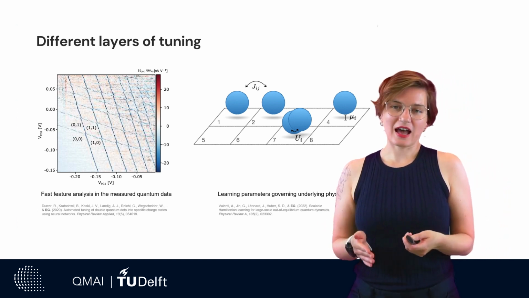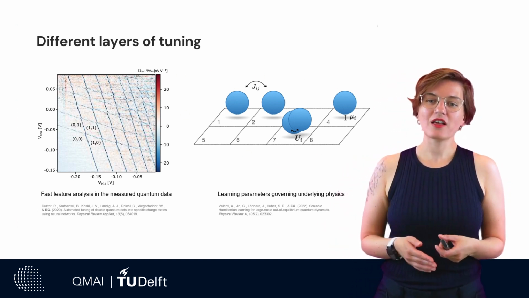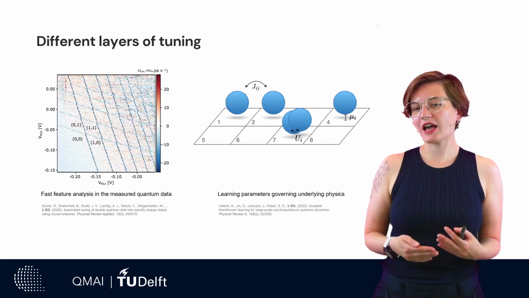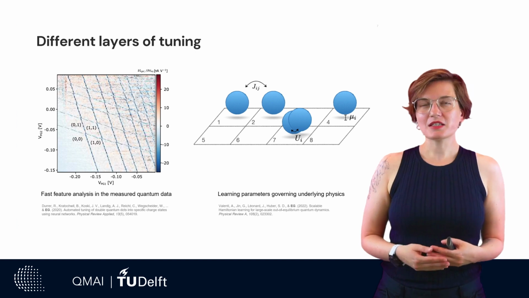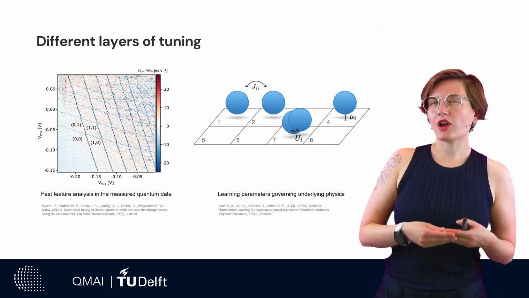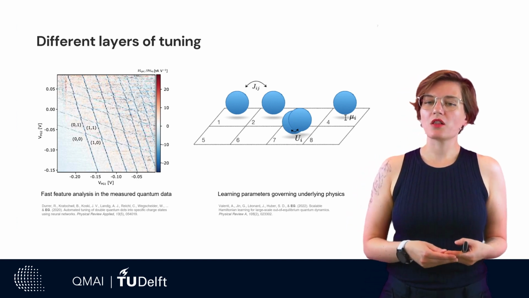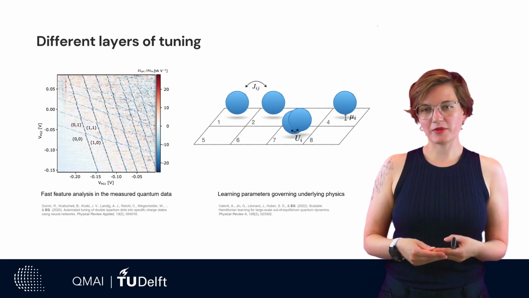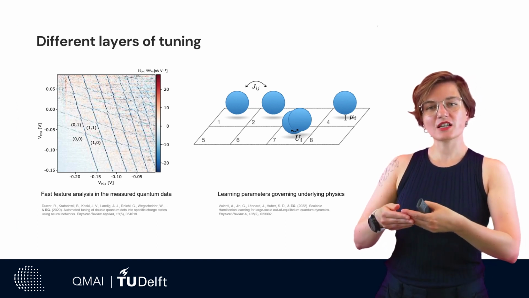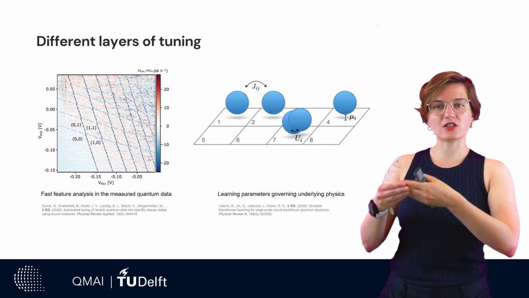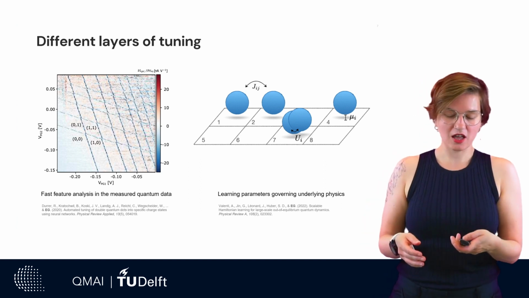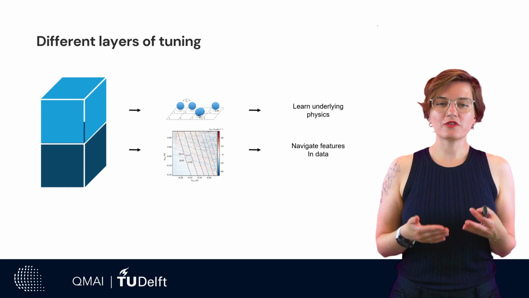Then there is a higher, more abstract level where you want to learn the parameters governing the underlying physics. This means that you want to take your measurement data, but you want to learn your Hamiltonian. You want to learn some noise parameter. You want to learn something that is intrinsically, intimately related to the underlying physics that makes you measure the data you are measuring. So these are two different